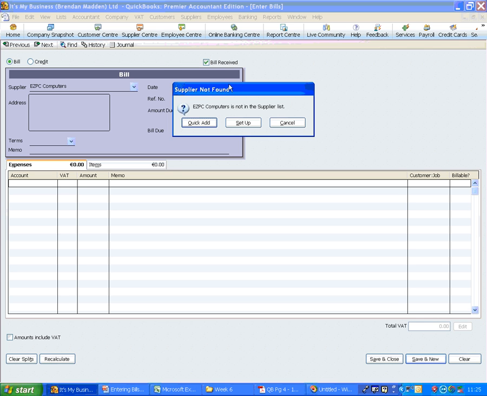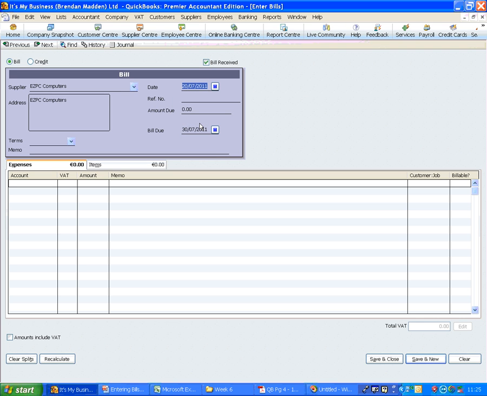You have two options. You can Quick Add, which will automatically enter it onto the supplier list, or you can set it up by putting in the details of name and address and so on. For this instance, we will just use Quick Add, and if you want, at a later stage you can go back to the supplier section and complete the relevant data, but for this case it is not required. Click on Quick Add. Now the date of the document,